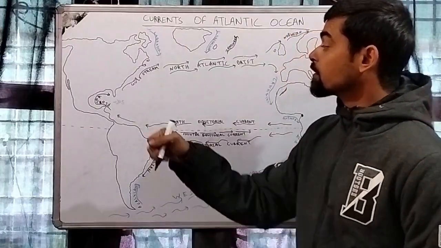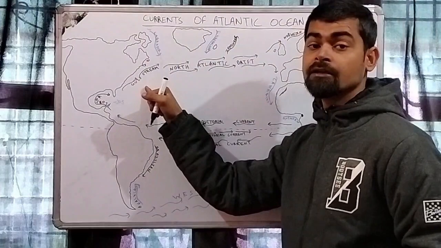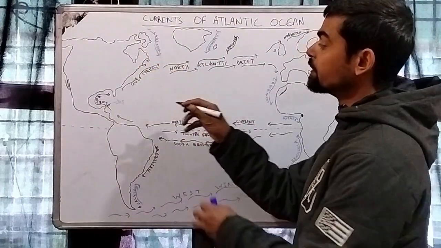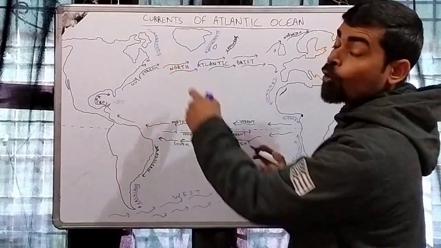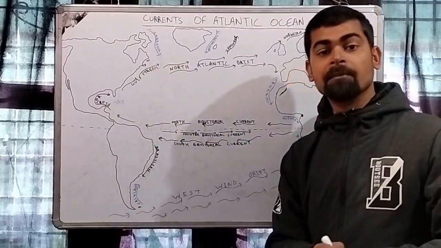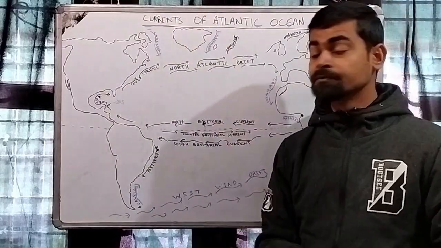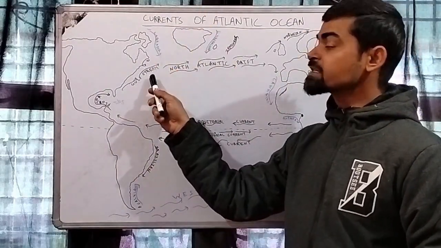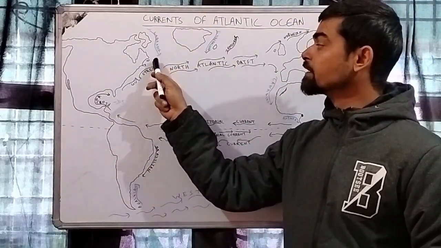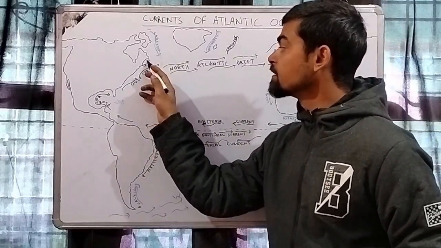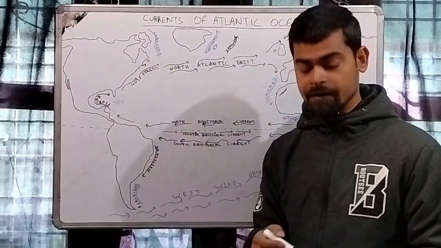When the Gulf Stream reaches the northeast region of the North American continent, it meets the cold Labrador current coming from the Arctic Ocean, from the northern circle. This cold current and this warm current meet near Newfoundland Island, that is, here it is Newfoundland Island, and